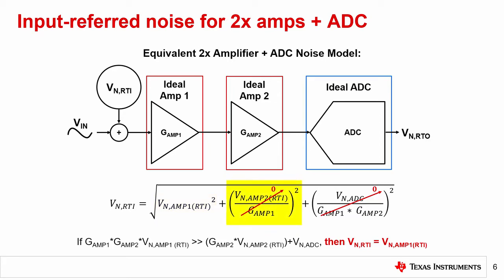Therefore, the second amplifier and the ADC noise terms effectively approach zero, given the condition that at least the first amplifier has a large gain. This leaves the system's input referred noise dependent on only the first amplifier's noise, just like in the previous example. Therefore, choose a first stage amplifier with low noise and a large gain whenever possible for both single and multi-stage amplifier configurations. While this is practical information for higher resolution ADCs where the ADC noise is already small, do the same principles apply to lower resolution ADCs?